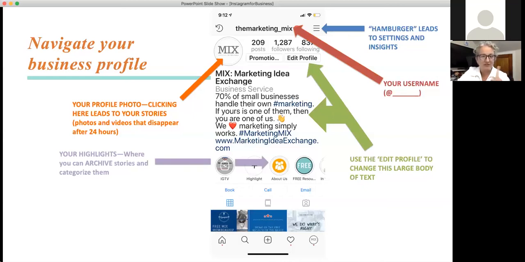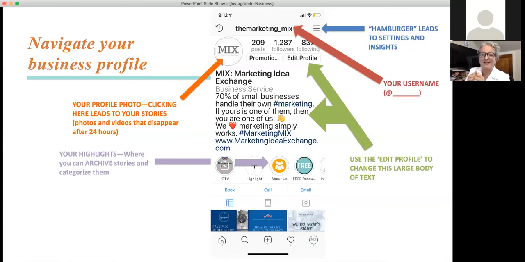The way you set them up is that hamburger that the blue arrow is pointing to at the top right-hand corner. These are called highlights, and they will typically fall into one of several categories. For example, if you have a jewelry store and you wanted to highlight stories of your luxury watches, which are different than your gold jewelry, which is different than your engagement rings, then you may film the story, you know,